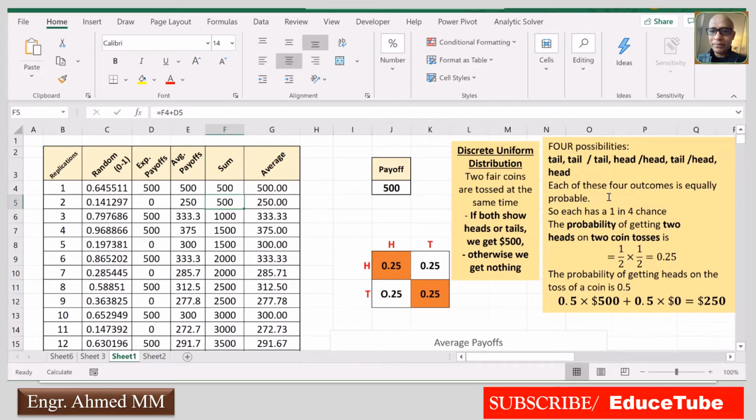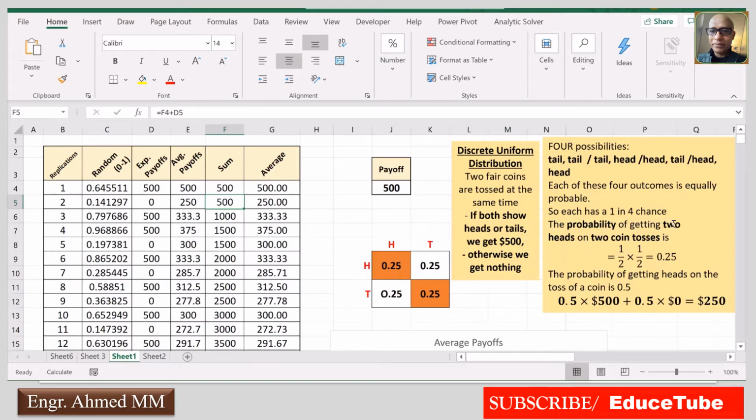Each of these four outcomes is equally probable. If we look here, we can see that: head, tail, head, tail. So this is 0.25, 0.25, 0.25, and 0.25. Totally it is 1. So each has a 1 in 4 chance.